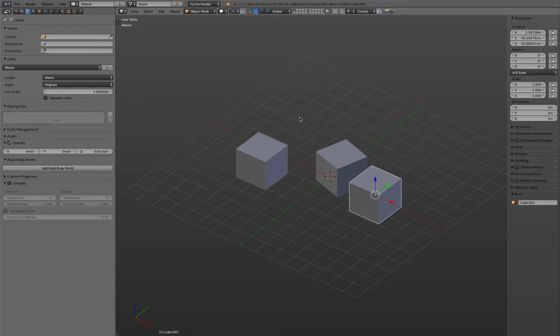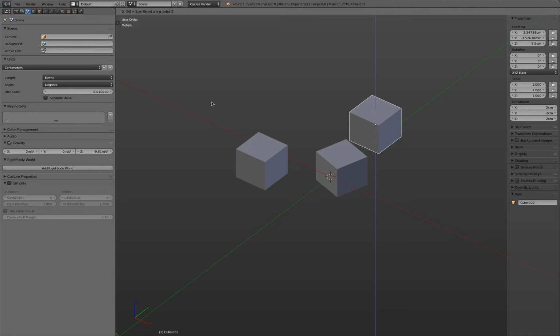One of the recent additions in Blender, which is actually pretty nice, is besides having the ability to switch between metric and imperial, and for metric a meter is always the default, I can switch now, let's say, to centimeters. Specifically in industrial design, we work a lot in smaller scale. Well, if you work in exhibit design or a car, maybe not, but most of the time meters is just too big. So now when I press G and Z and then 5, because I'm in centimeters now, 5